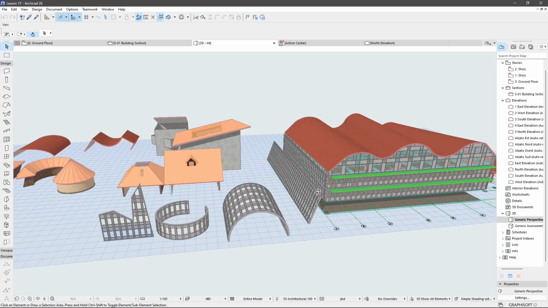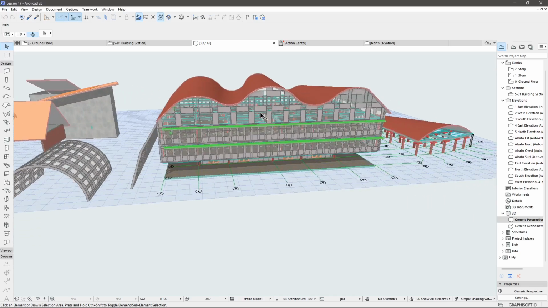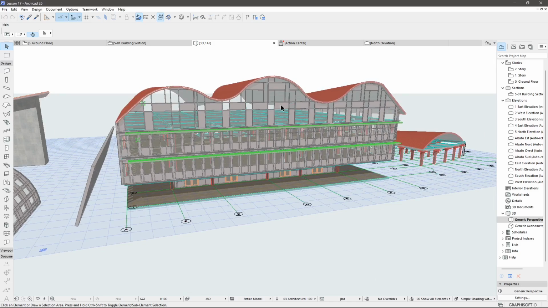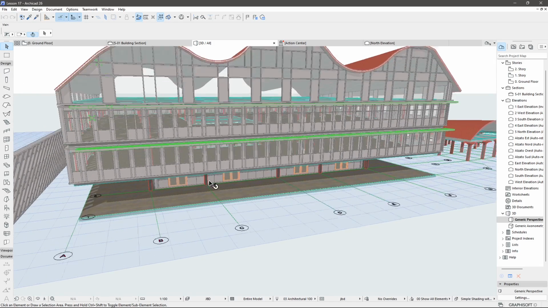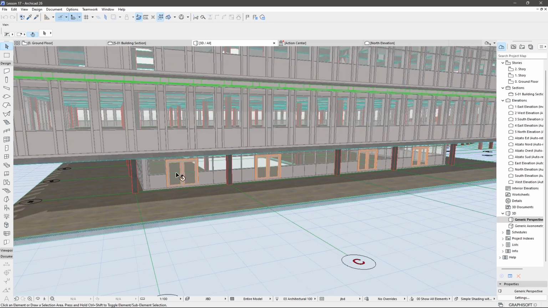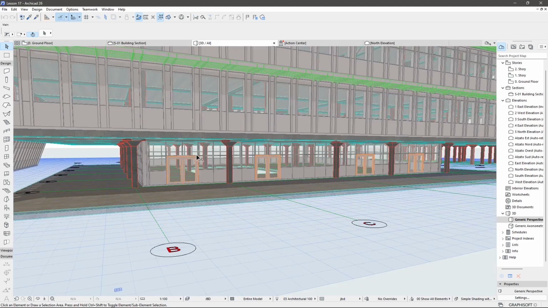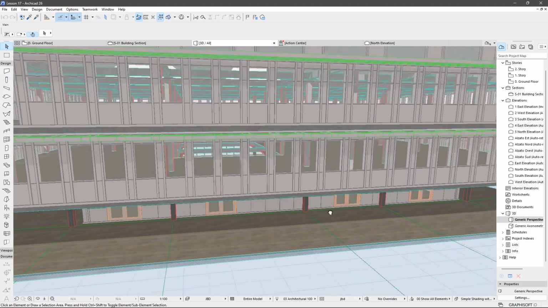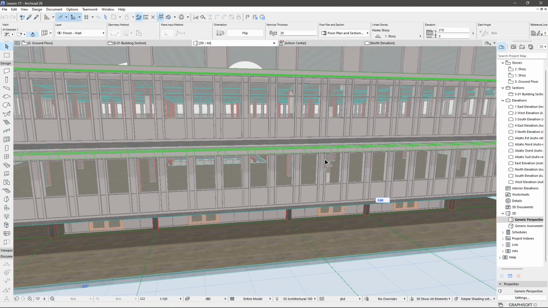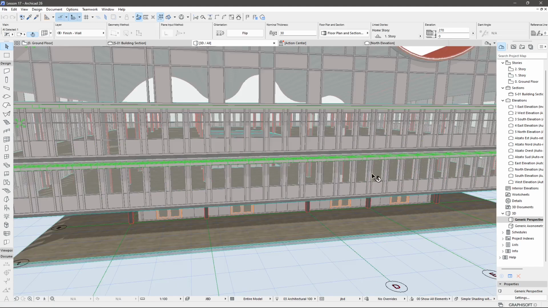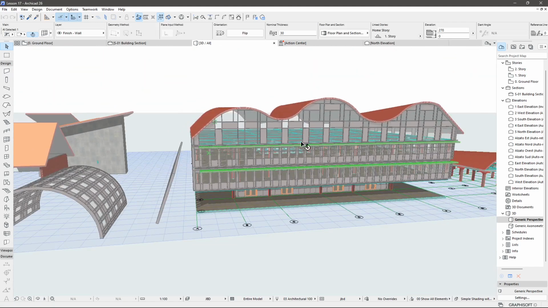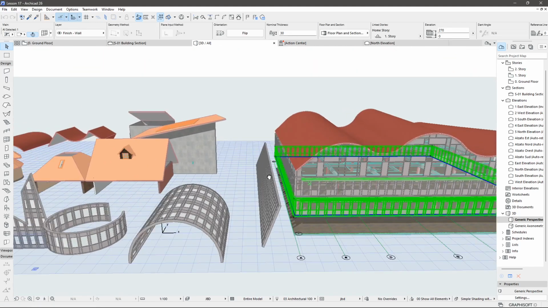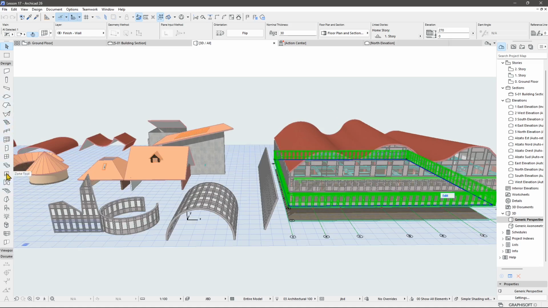In the previous video, we saw how we can create curtain walls in ARCHICAD by using different systems, and also how we can customize them and how we can insert doors and edit each single element, like the mullions or the panels that are inside. Now in this video, we're gonna continue to explore the tools that we have in the toolbar on the left,